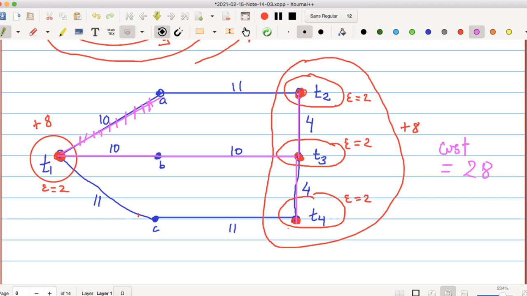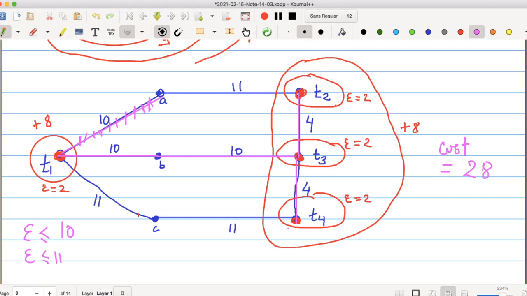In the beginning, we had four dual variables, T1, T2, T3, T4. For T1, edge T1A will tell you that epsilon is at most 10, and edge T1C will tell you that it's at most 11.